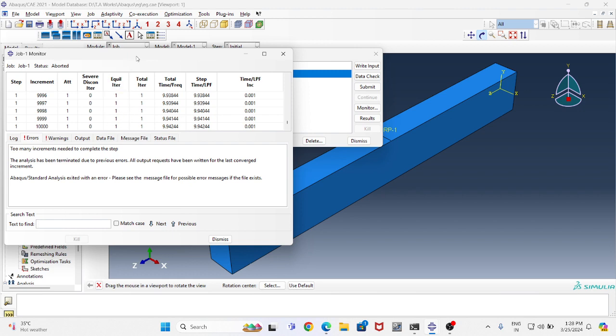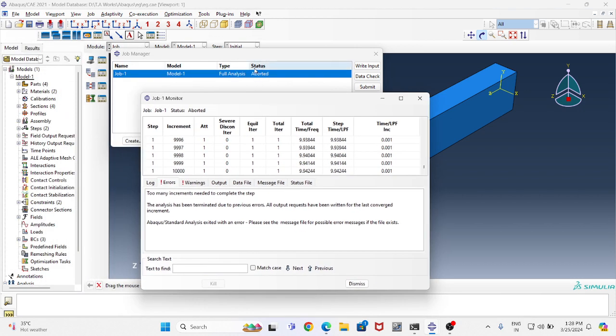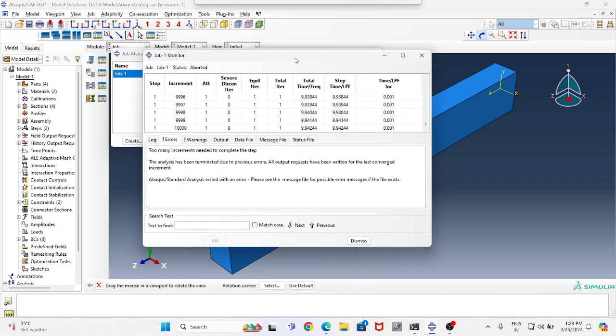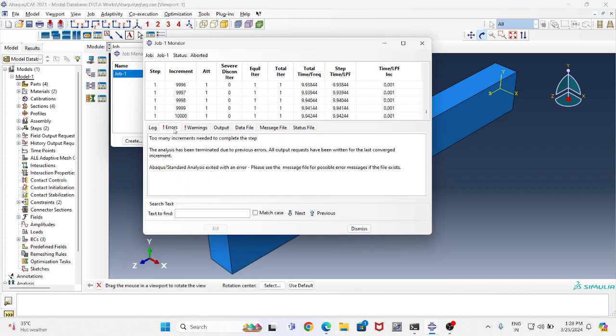Now we can see that it's not completed. The status here is showing that it's aborted. It means something happened. And when we open this, we can read in the errors, under the errors tag, too many increments needed to complete the step. The problem is,